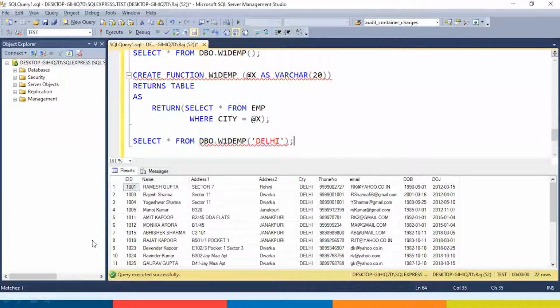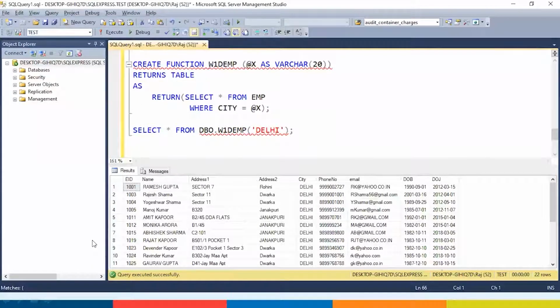Okay. And let me give you one more example of the function. First, I will give you this example, and then I will highlight one of the important points, which is a major difference between a table valued function and a scalar function. So let's create one query over here. I will say select.